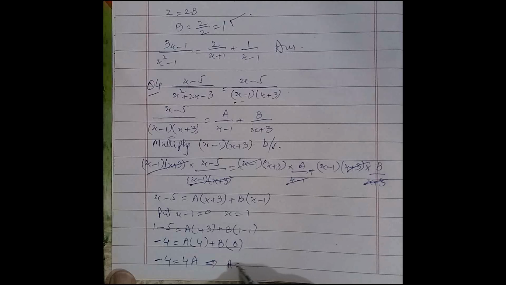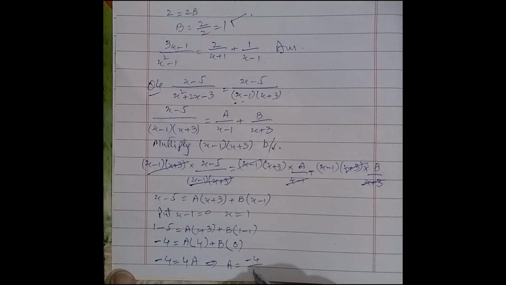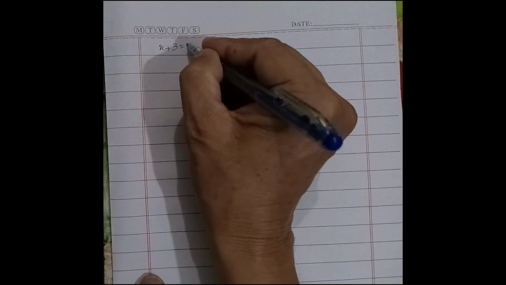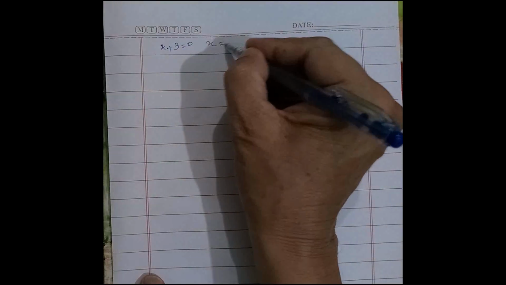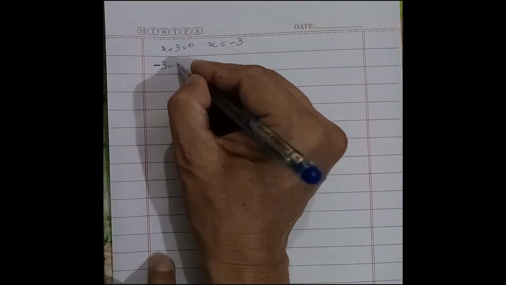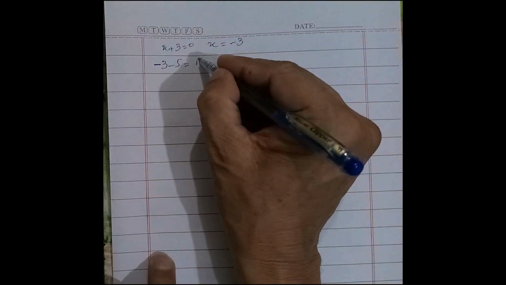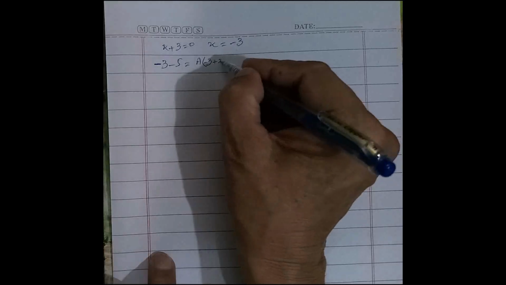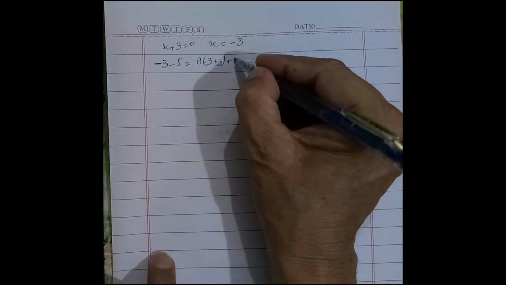So, a is equal to minus 4 over 4, which is equal to minus 1. Then x plus 3 is equal to 0 and x is equal to minus 3. Now we put the value of x is equal to minus 3. We get minus 3 minus 5 is equal to a into minus 3 plus 3 plus b